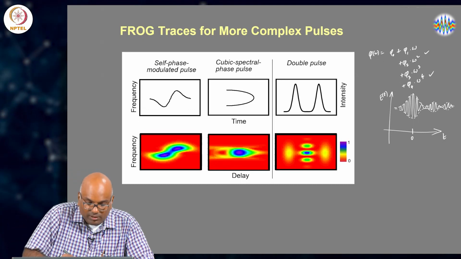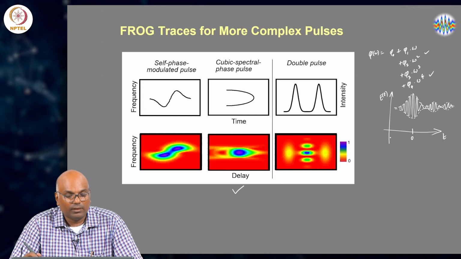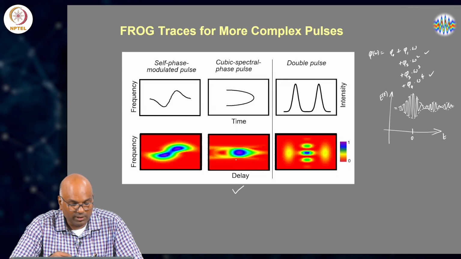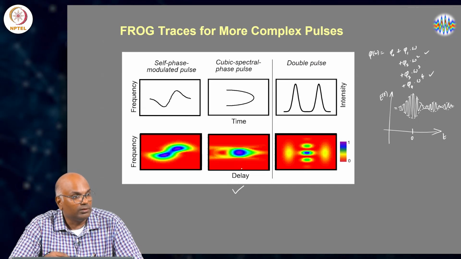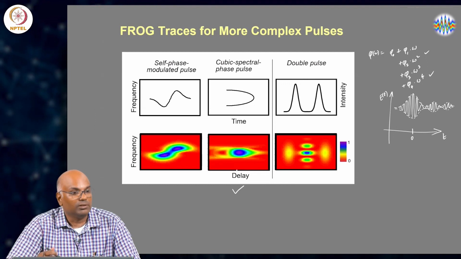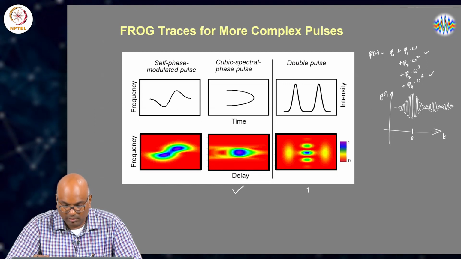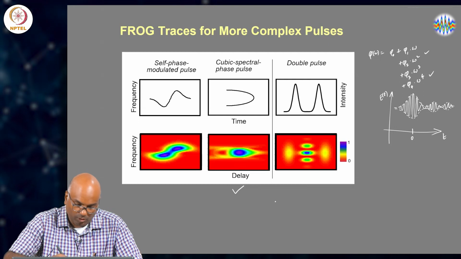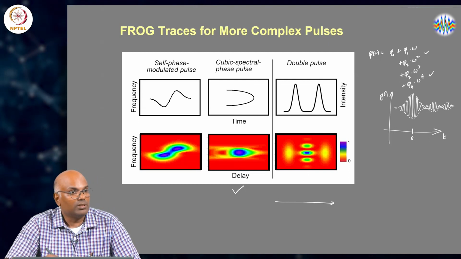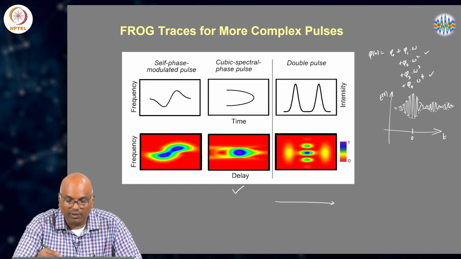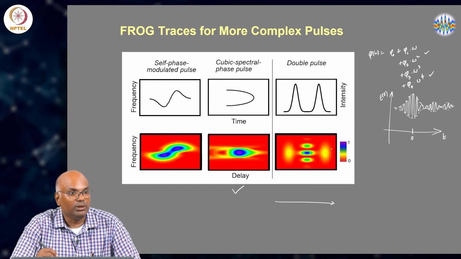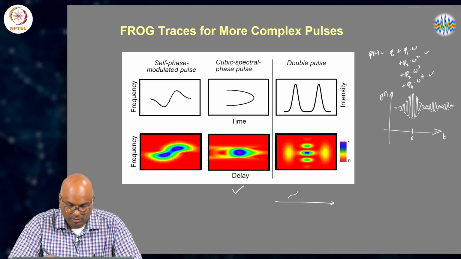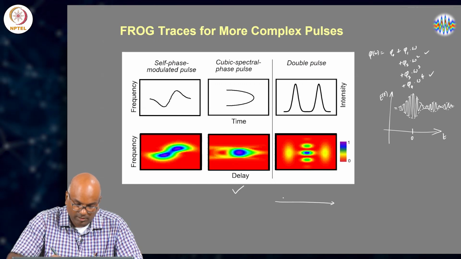So, look at this frog trace here, where the spectral phase is cubic. The frog trace is reflecting some of that. The spectrum as a function of delay is different. Now, if you have a double pulse, then the frog trace of the double pulse is very different from the autocorrelation. The autocorrelation of such a double pulse, because we may or may not have sufficient resolution to distinguish all the nice features of the double pulse, still look in certain cases